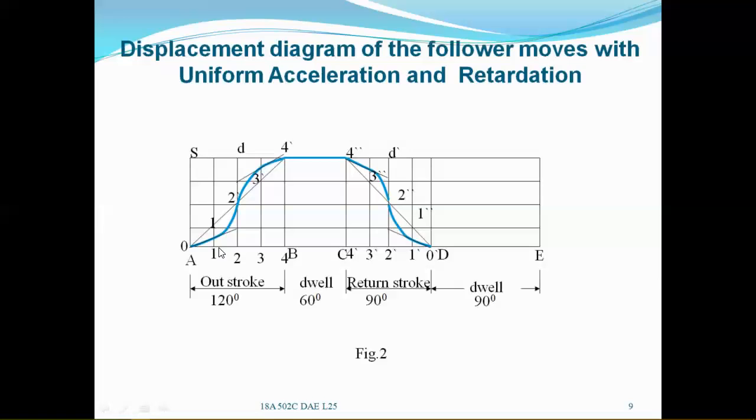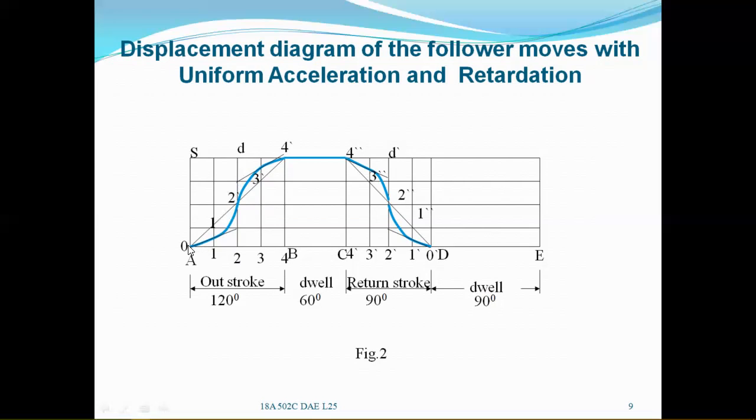Say 0, 1, 2, 3, 4 and 4 dash, 3 dash, 2 dash, 1 dash and 0 dash, and draw vertical lines from each point in the outstroke as well as the return stroke also, right? After completion of the vertical lines, take the middle line of these vertical lines. So the second vertical line, divide this into the same number of parts, that is 4 divisions. So this is 1 dash, 1, 2, 3,